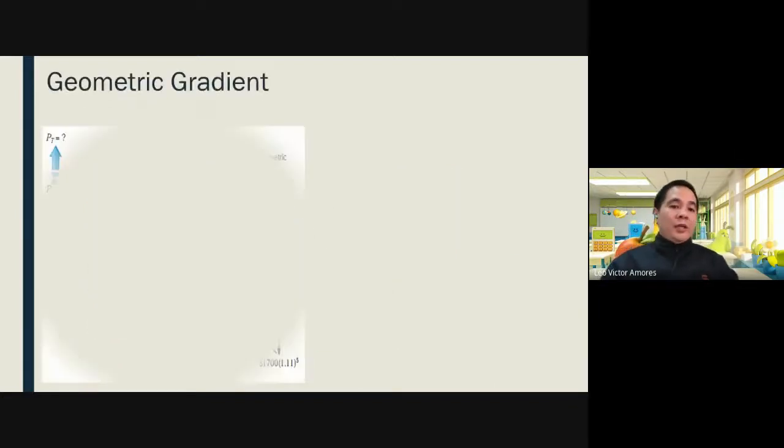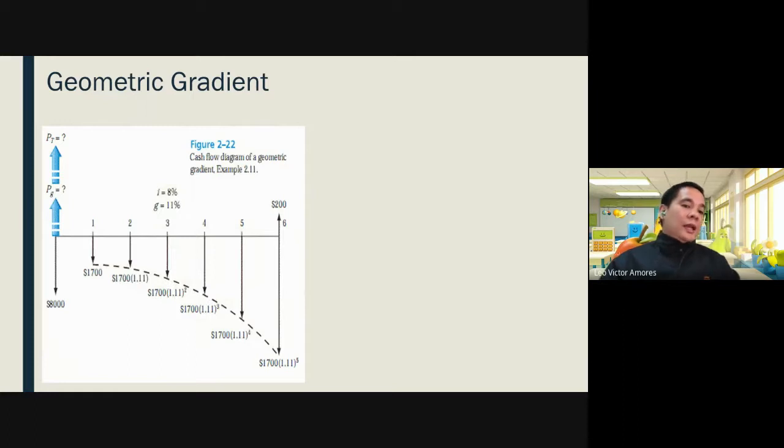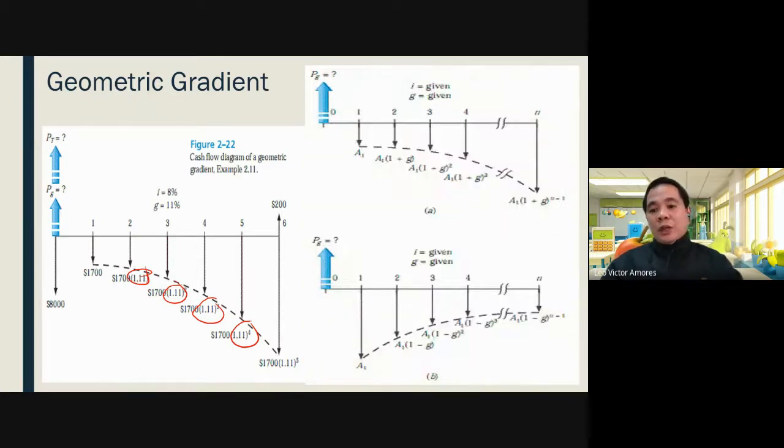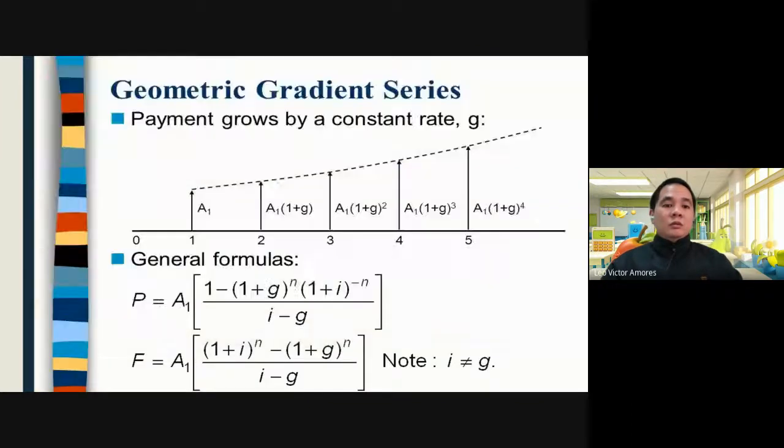In other terms, there is no compounding here, compared to arithmetic like 500, 200, 700, and so on. This is still in terms of an interest rate computation. By formula, this is your formula for